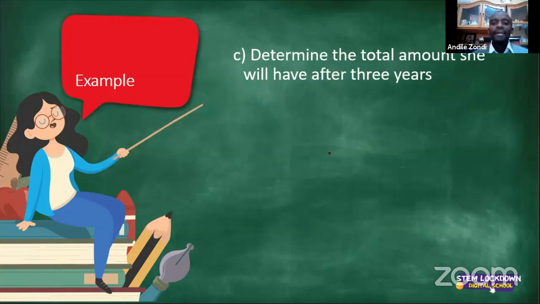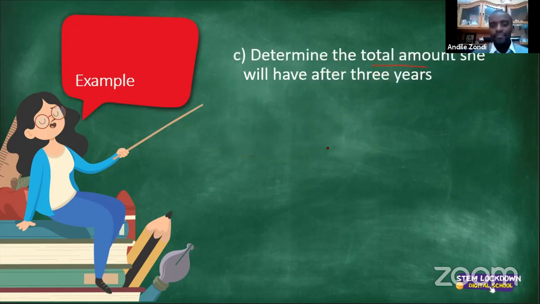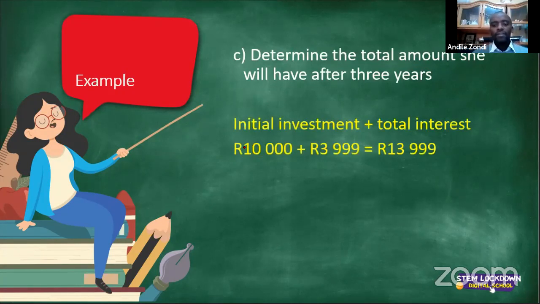Next question. Determine the total amount she will have after 3 years. How much money will she have after 3 years? Obviously, total amount will be the principal amount, the amount of money that she started with. How much money was that? That was 10,000. How much interest did she earn after 3 years? Interest was, after 3 years, this amount, 3,999. So the total amount that you'll have will be the initial investment of 10,000 plus the total interest, which is